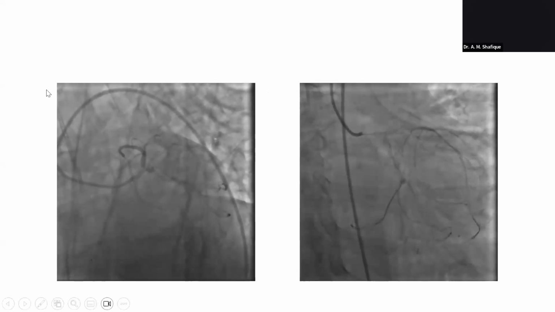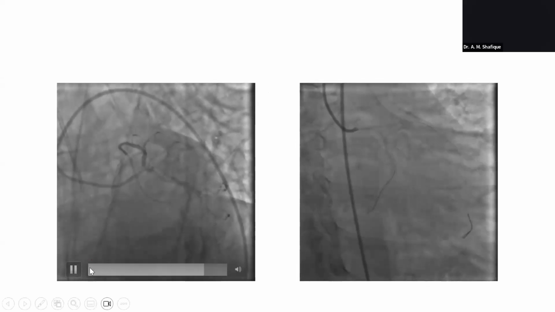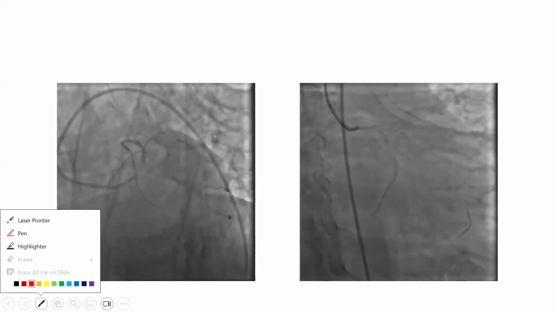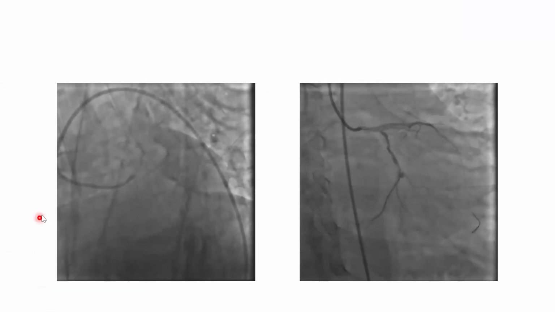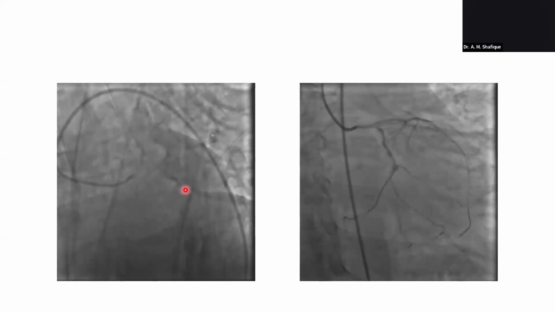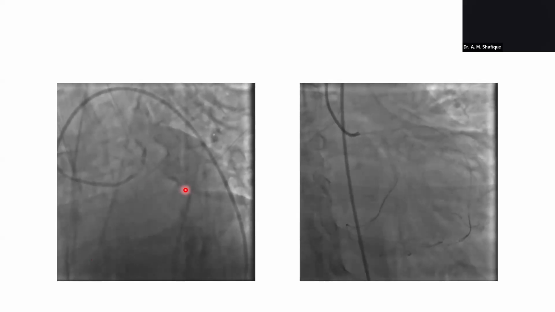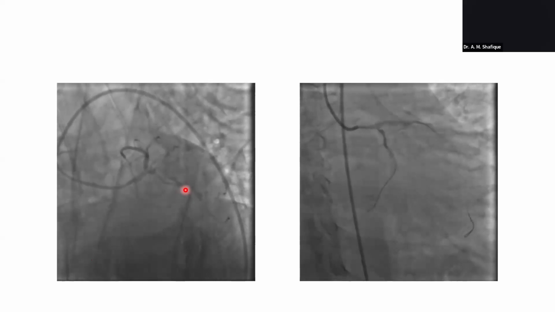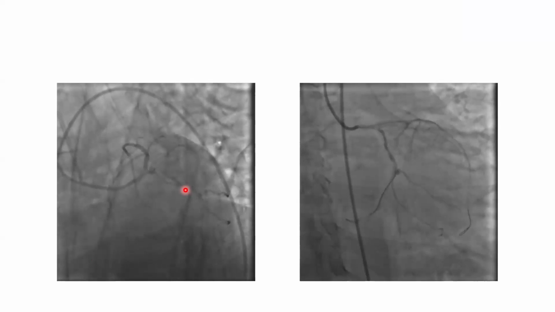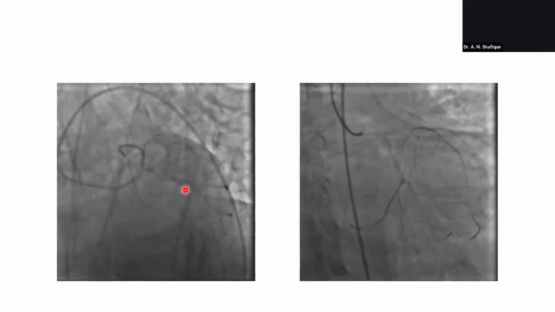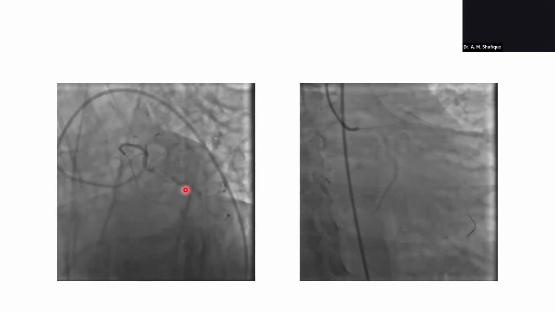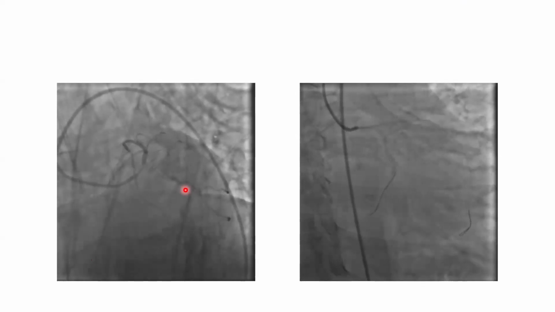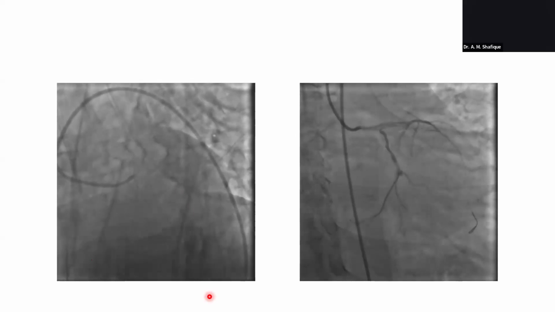You can see the thrombus here at the bifurcation. Here at the engagement there seems to be ostial disease. And the left main is severely diseased, from the ostium to the distal bifurcation, and there is a thrombus at the distal bifurcation. There is no regurgitation of contrast while injecting. Severely, totally diseased left main.